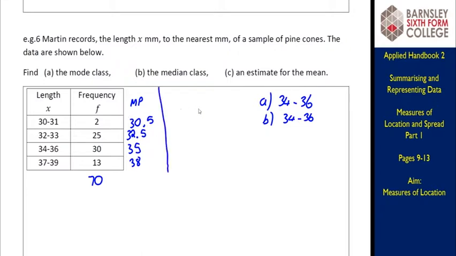So this is only an estimate, because I don't know the exact values. I'm just estimating what they could be, and using the midpoint is a good estimate because in reality you'll have some values at the top of the class interval, some at the bottom, which will cancel out with one another and leave you with the data in the middle. Not to say it's exactly going to work like that, but it's the best estimate that we can come up with. So what this is now saying is I've got 2 cones at the 30.5